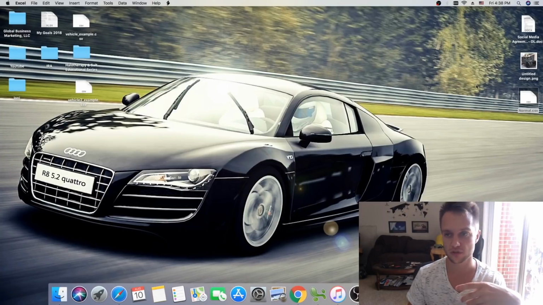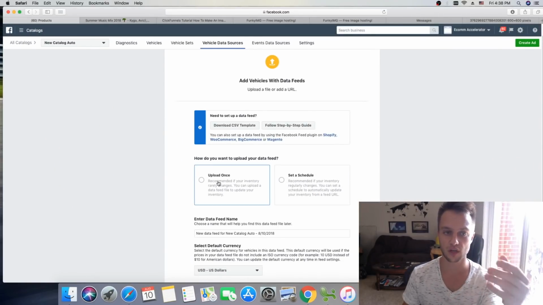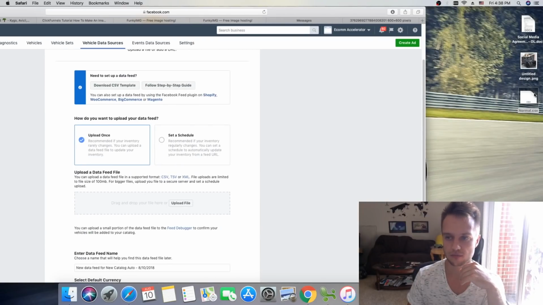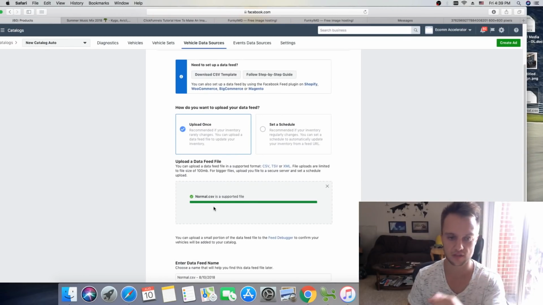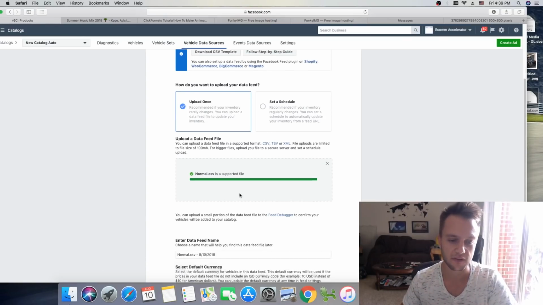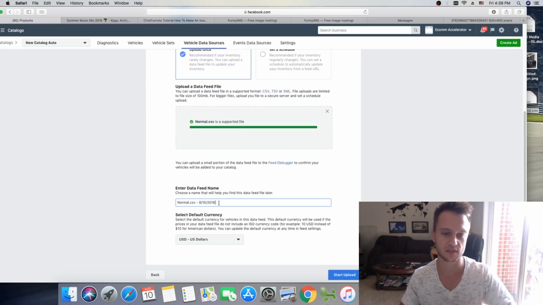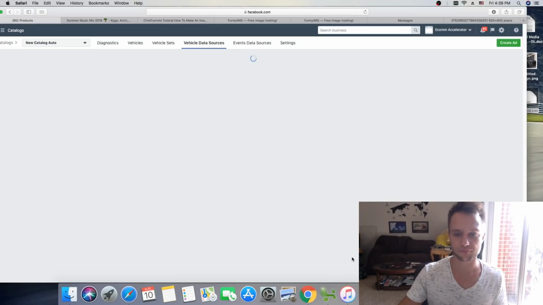So after you fill out your spreadsheet, the next step is to go back to the catalog and click upload once. And after that, you're just gonna drag your CSV file right here. And it says everything is okay, it's a supported file. After that, you're gonna scroll down, and the vehicle name is just for your own reference, you can say the date, and auto, okay? Currency, and after that you will click on start upload,